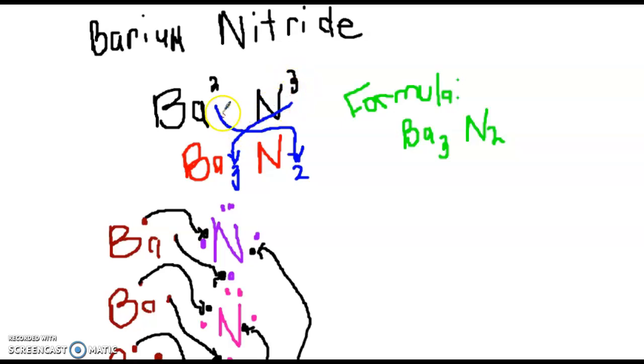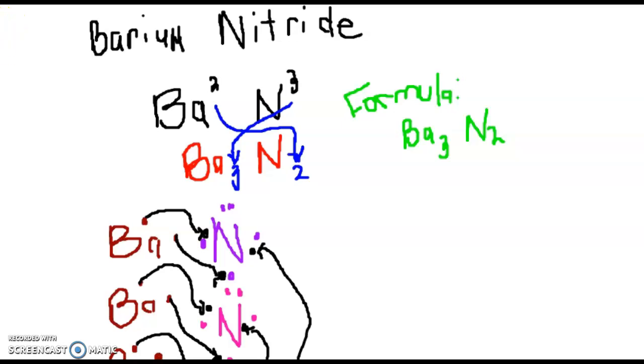Now, all you have to do to write the formula is take the charge that's behind barium and drop it down, crisscross it, down behind nitrogen, and the charge that's a superscript beside nitrogen is crisscrossed and dropped down behind barium. So your formula is Ba3N2. And if you draw that out,